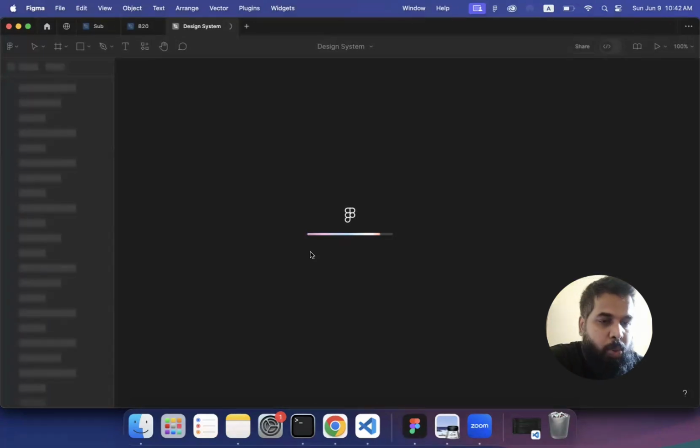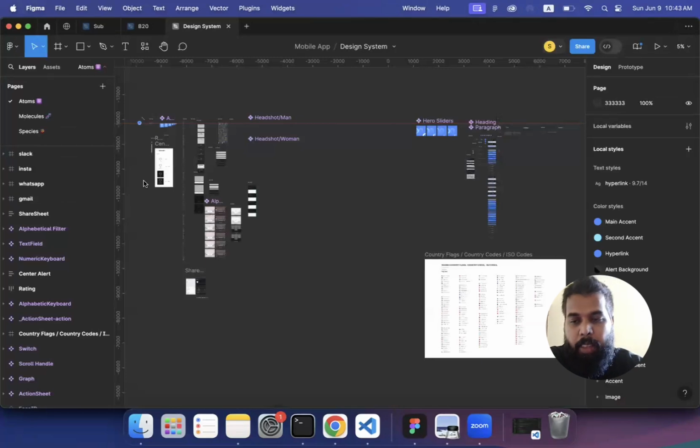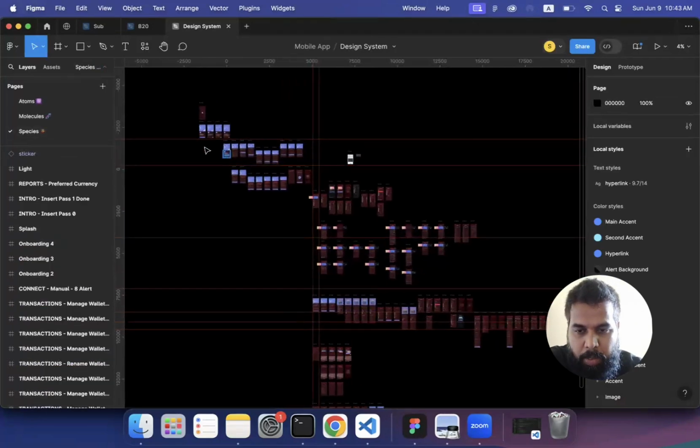It is a click-through presentation where users can interact with your screens. It doesn't have any back end or anything. It is not connected to a server, but the design screens will be there. Users can interact with it like a normal application. It has buttons, it has everything. So if I load this one right now,